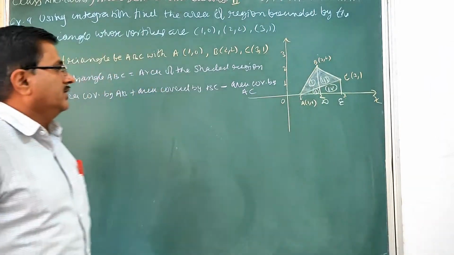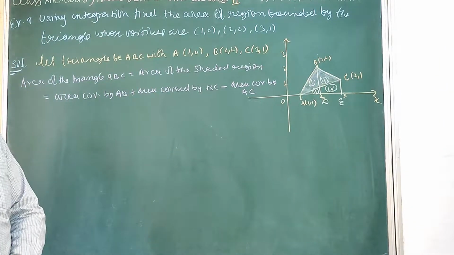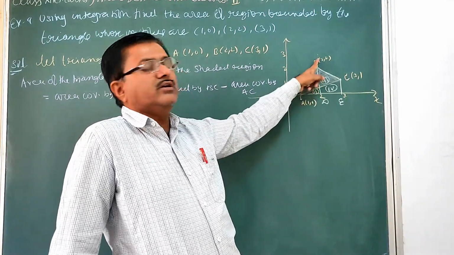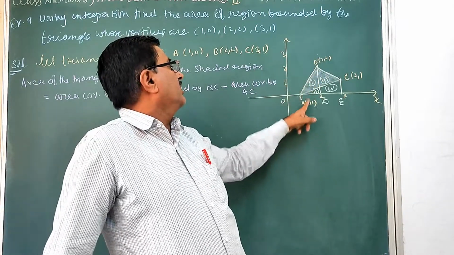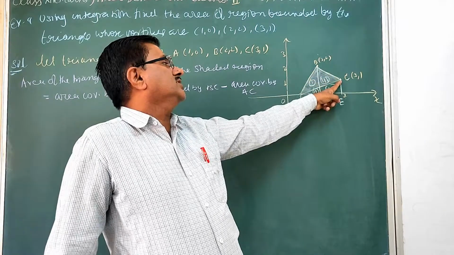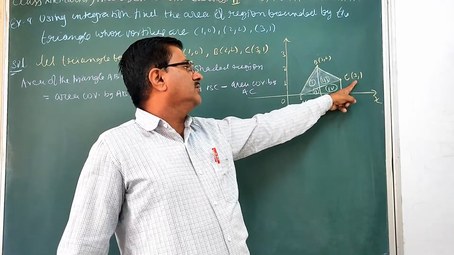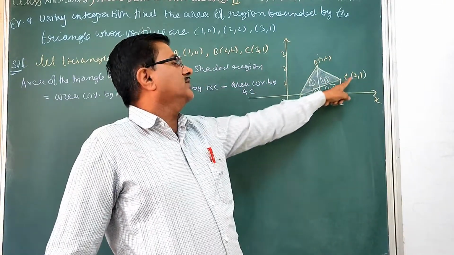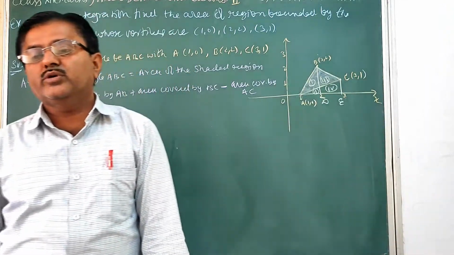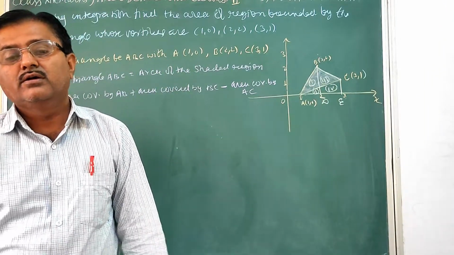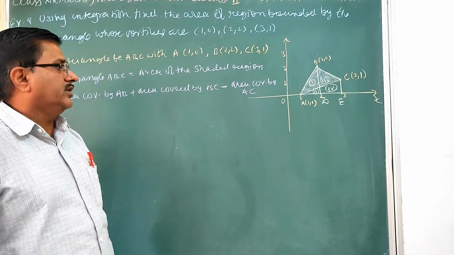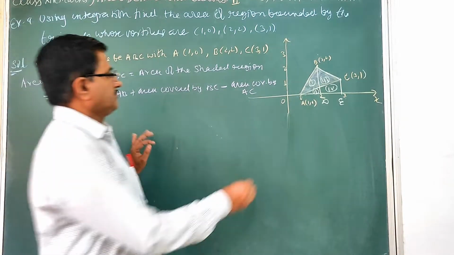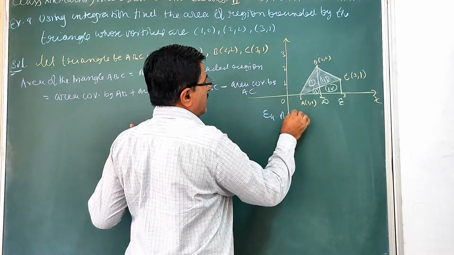So now the limiting points are already given by x coordinates. Where we are finding the definite integral for area covered by AB, x coordinate of AB is 1 and 2. Area covered by BC, x coordinate of BC is 2 and 3. And area covered by AC, x coordinate of A and C is 1 and 3. But here we need the equation of the side of the triangle. Without the side, we cannot find the area. So now we find the equation of the side.